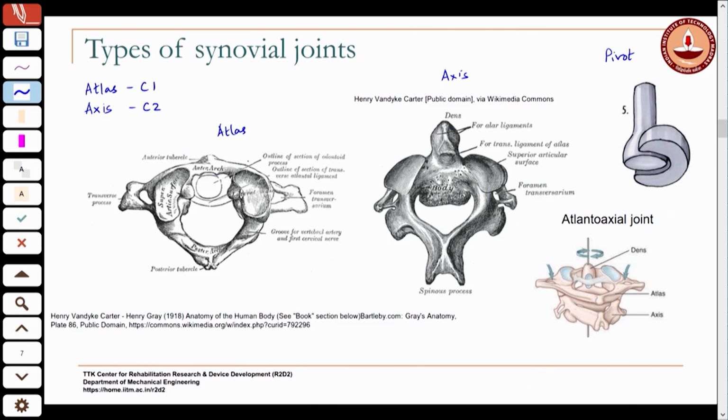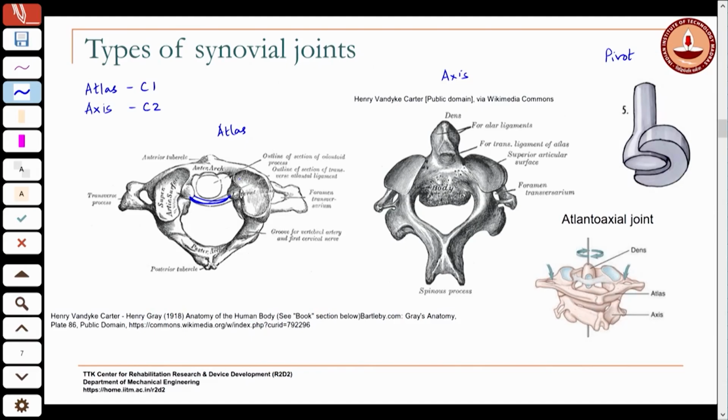The dens of the axis projects into this, and there is a ligament that encloses that, and